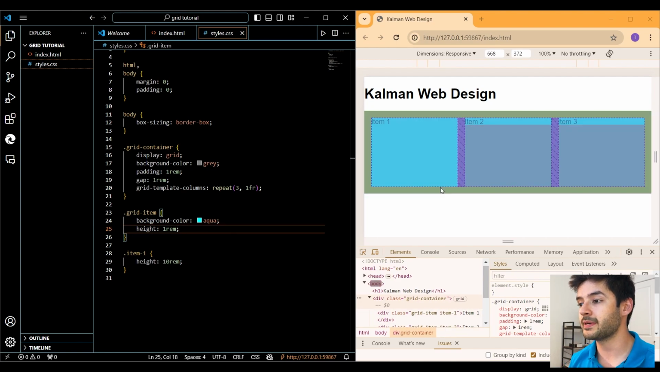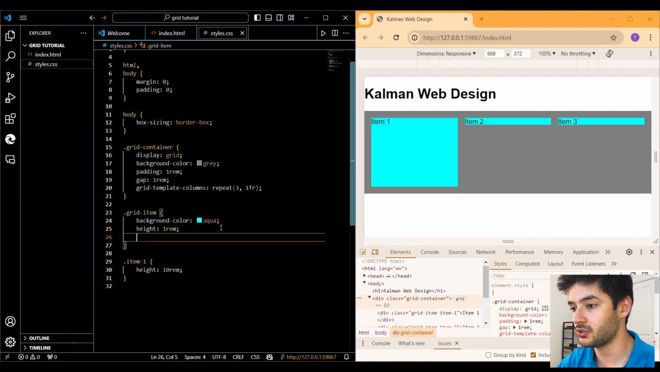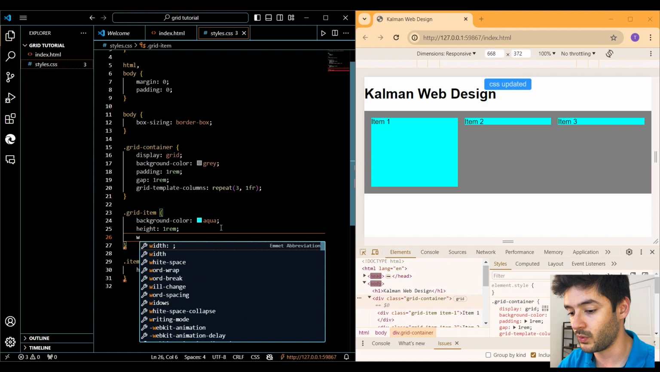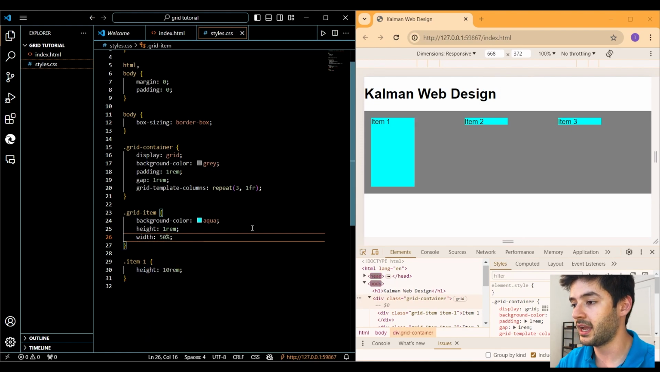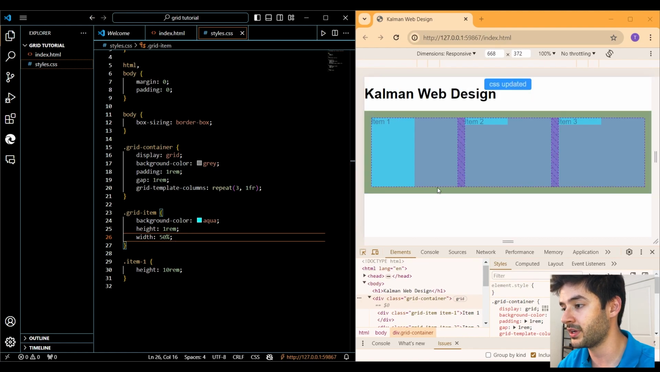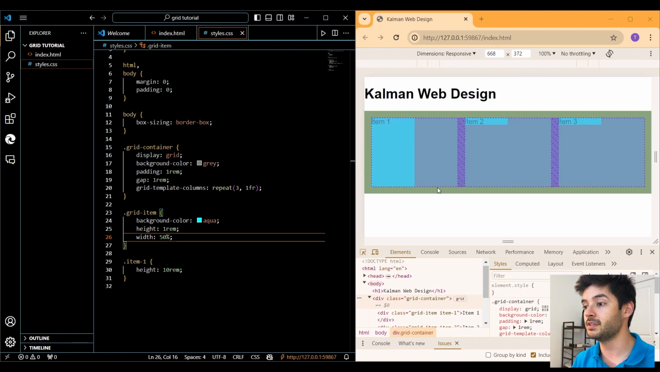And now we haven't specified a width property either, so each one of our grid items is going to take up a width of 100% of its container. So to change that, what we want to do is specify our width property, and we're going to change this to 50%. And now you guys are going to notice that each one of our grid items is only taking up 50%